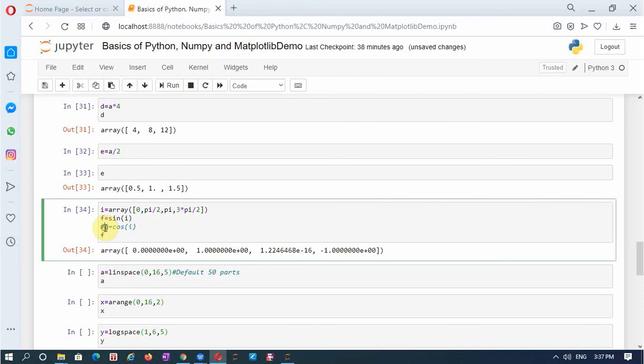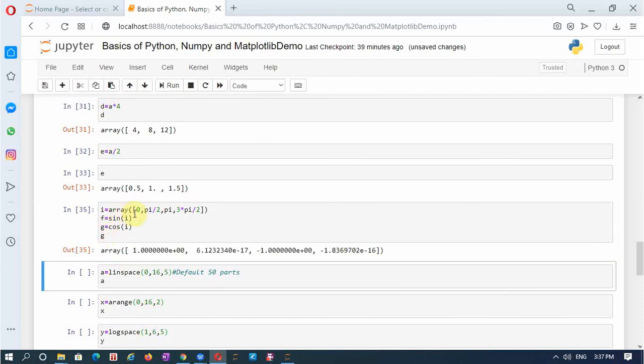Now similarly, I can calculate cos, ask it to print g. So cos of 0 is 1, cos pi by 2 is 0, so 10 to the power of minus 17. And cos pi is minus 1 and cos 3 pi by 2 is again a small value, 0. Okay, so that is how we calculate the trigonometric values.